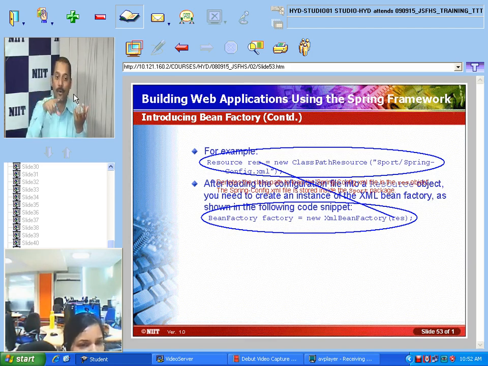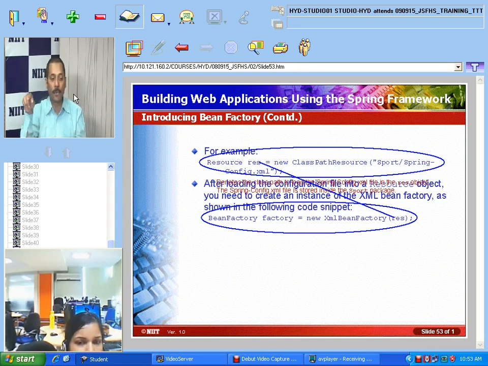So the resource will point to that particular file and tell that the bean information is available in this particular file. That time we will write this line of code: Resource res is equal to new ClassPathResource, or file system or external file, whatever you can use, and we will specify there the applicationContext.xml file.